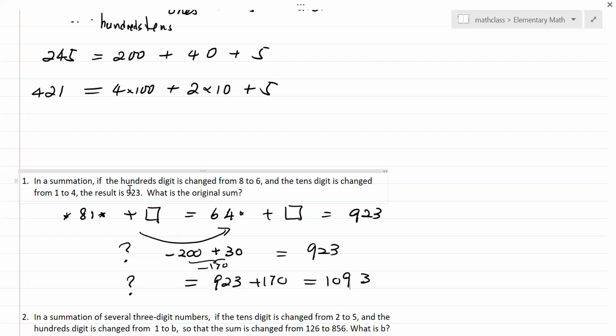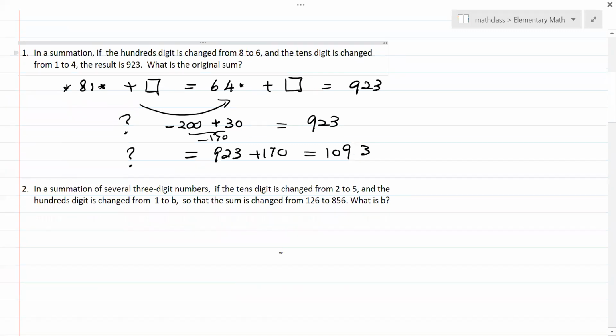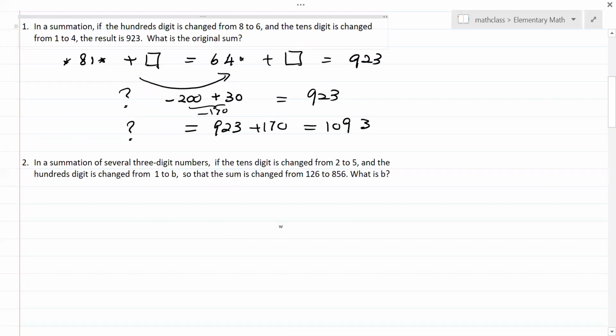Let me pass on this number. I'm going to carefully choose the next one. The next question is: in a summation of several 3-digit numbers, if the tens digit is changed from 2 to 5, and the tens digit is changed from